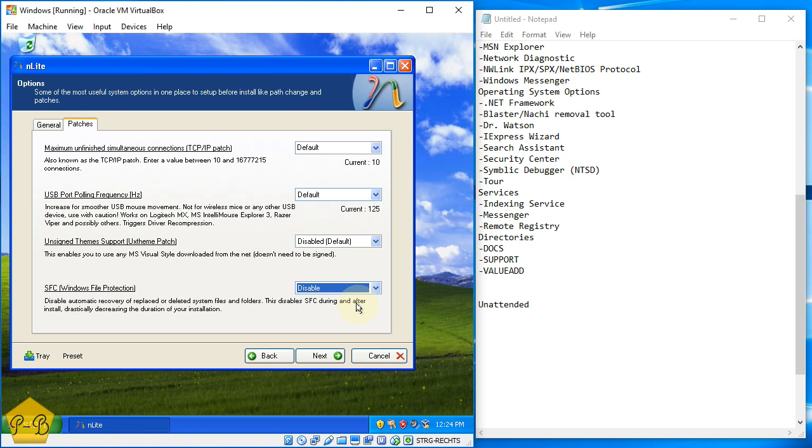It's a nice protection mechanism which also consumes space, and since this is not a desktop computer that will frequently